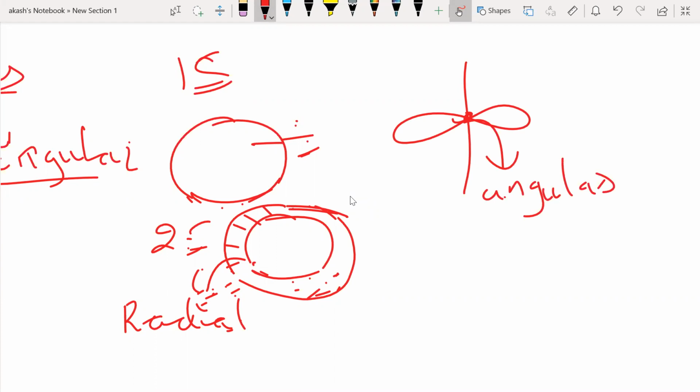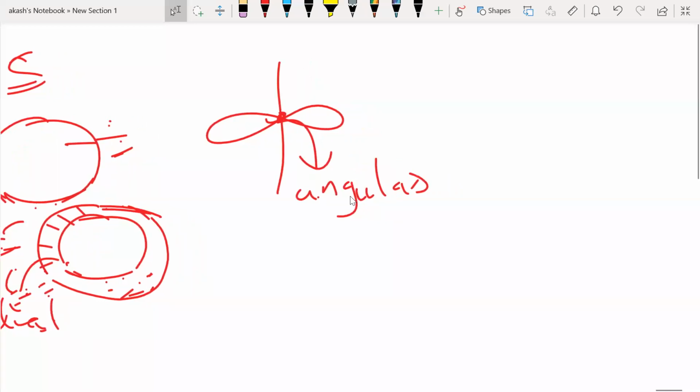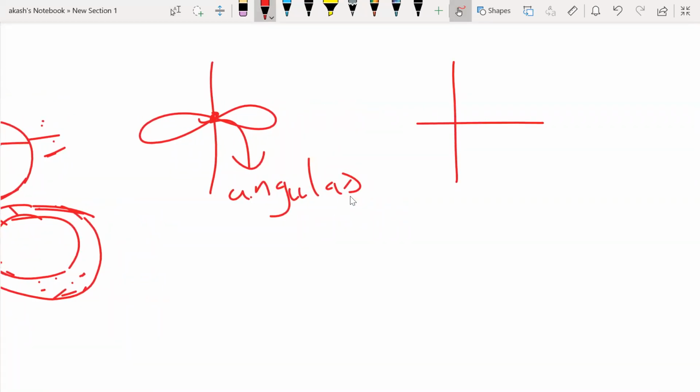Now let me tell you a case where both angular as well as radial nodes are present. It's pretty simple for us. If I take dz squared, it is going to look like this. There is going to be a ring. At the center of the dumbbell, you see there is an angular node, and in the ring surrounding it, there is going to be a radial node. Radial nodes should be in the form of a circle, and angular nodes should be